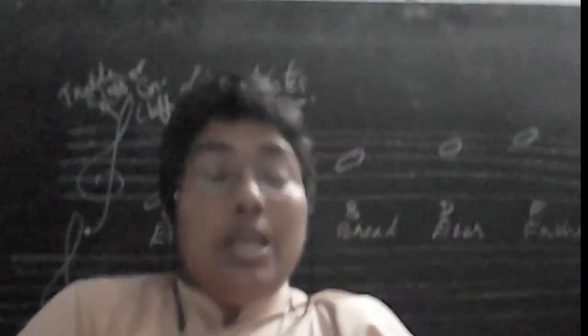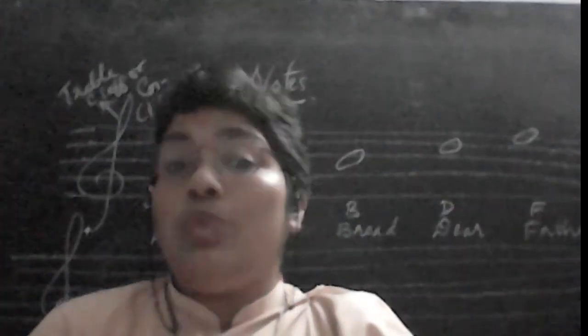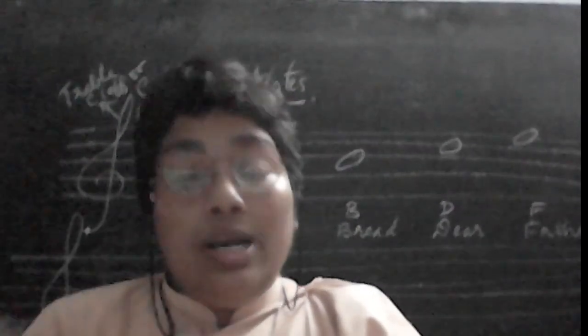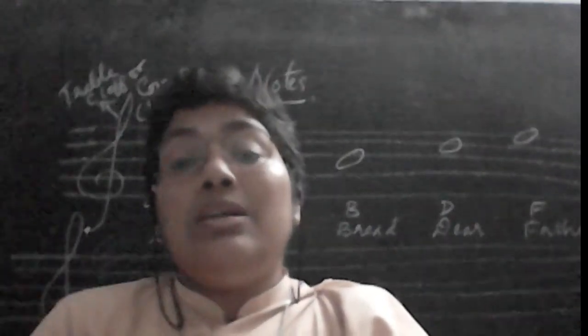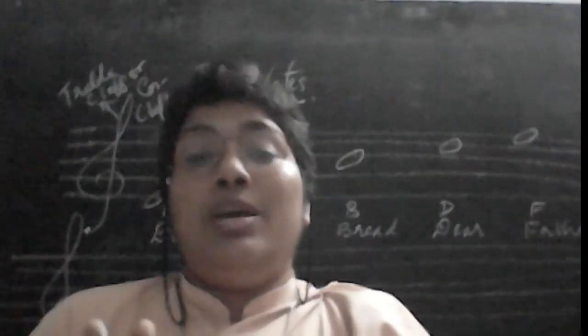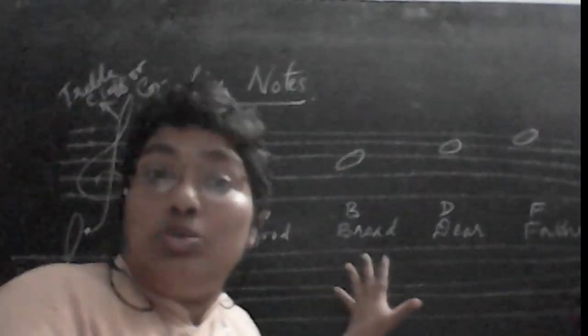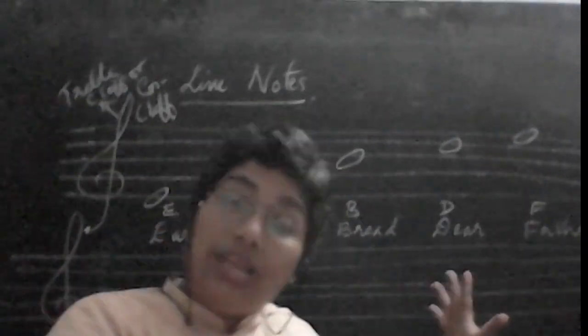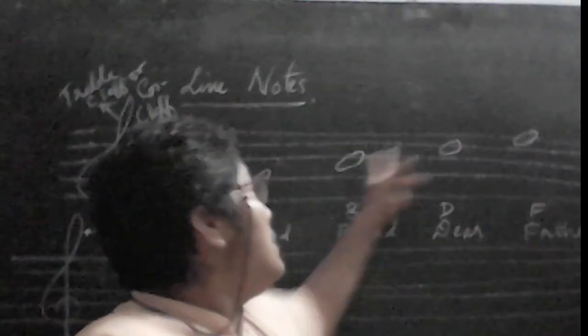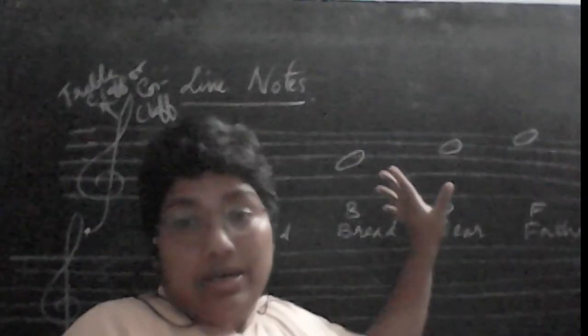So when you learn a song, why, again I'm telling you why are we learning this? When you learn a song, it will be written. You don't write C D E F. The notes will be given in the line notes and space notes. You must be able to identify which notes these are. The symbols will be given. Notes will be written. Okay.